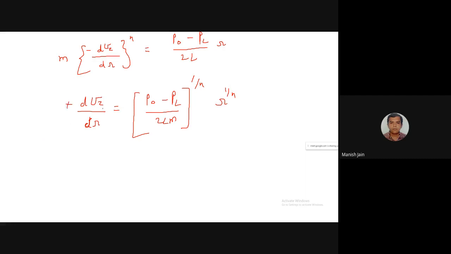Now you can just integrate this. The term (P naught minus PL) by 2Lm to the power 1 by n is constant, only r is variable. So when you integrate this, you will get